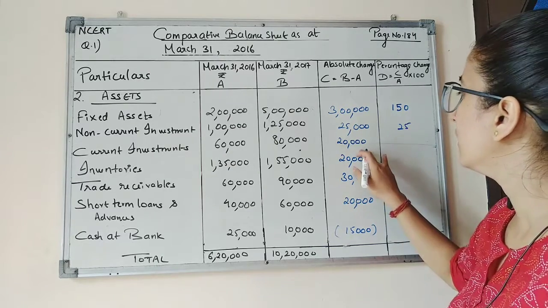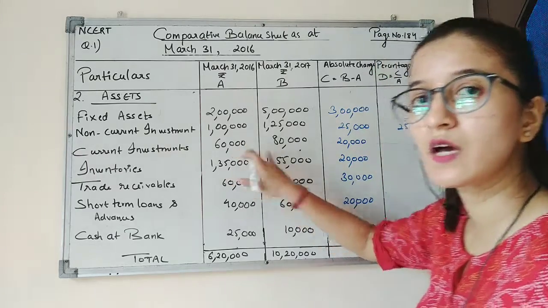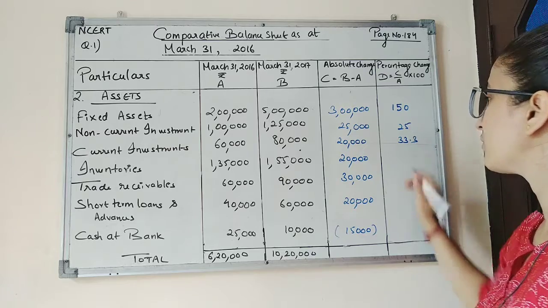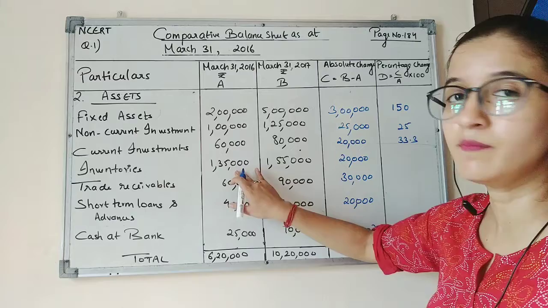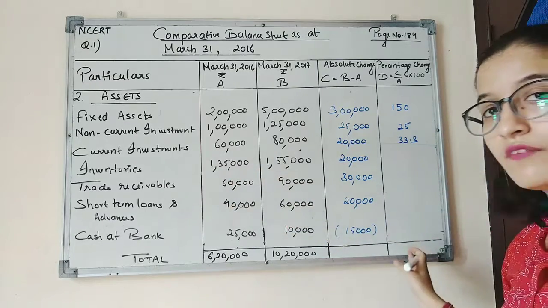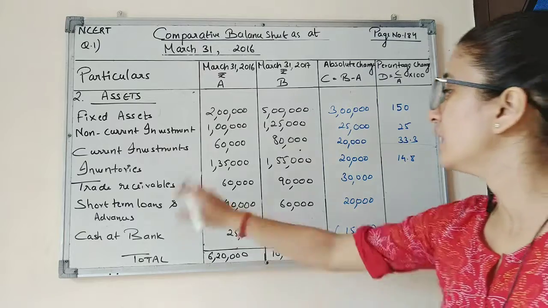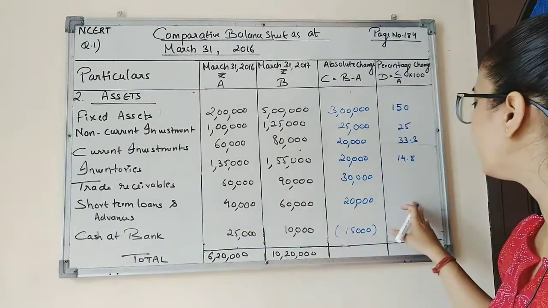25%. Third is current investment. So 20,000 divided by 60,000 into 100 will be 33.3%. In inventories, 20,000 divided by 1,35,000 into 100 will be 14.8. Then in trade receivables, 30,000 divided by 60,000 into 100 will be